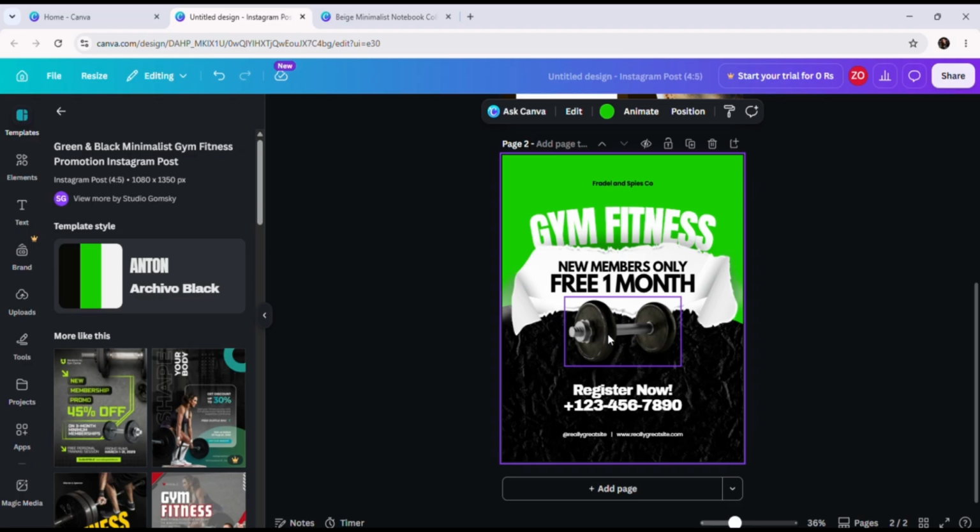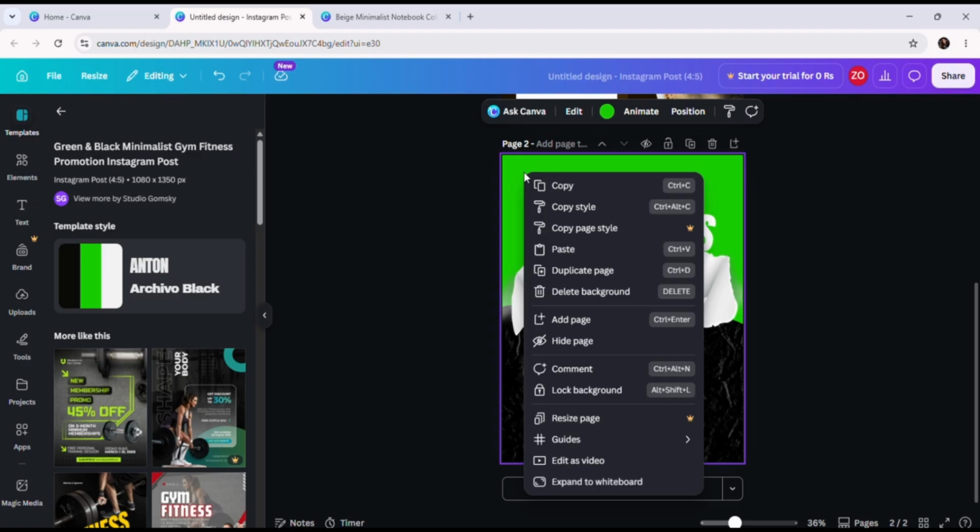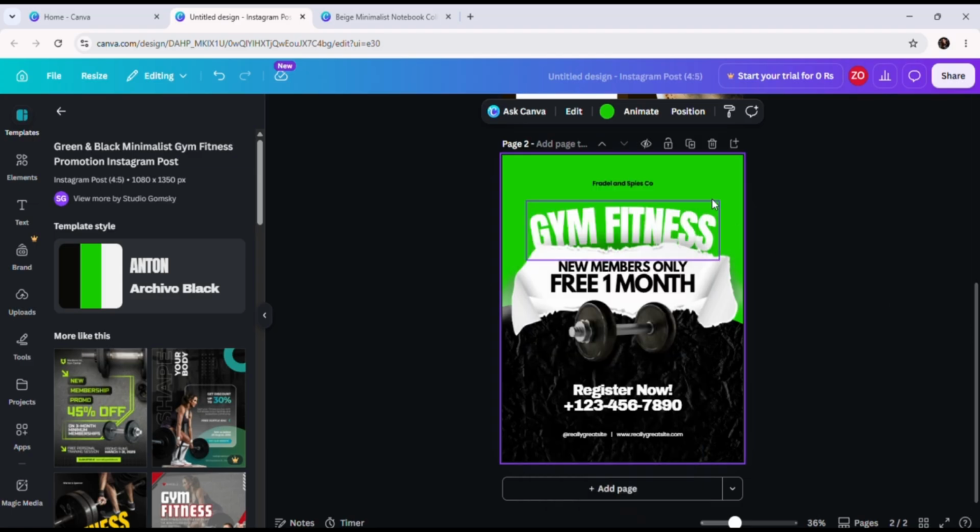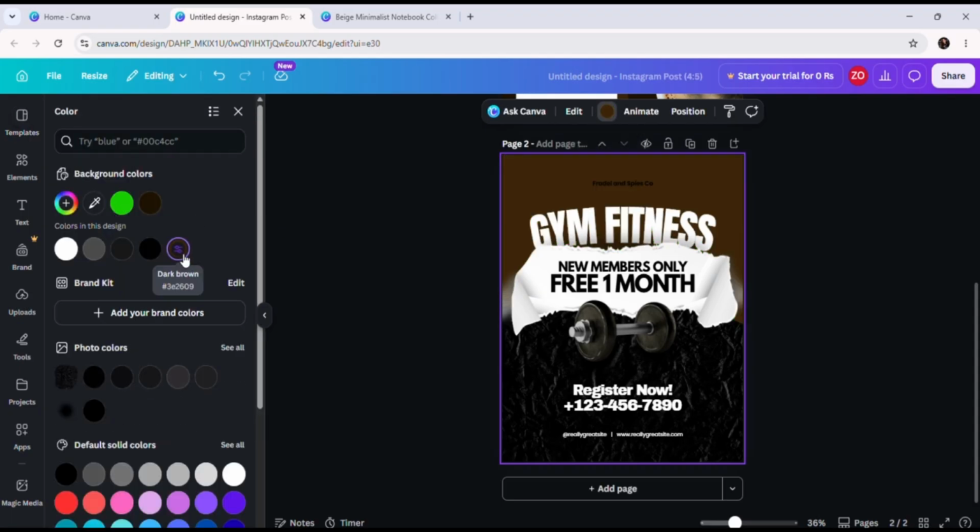Now point number 4 is using template filters. Canva shows thousands of templates. To narrow down the results, use filters. Filters help you quickly find the perfect template. Some common filters are free templates and pro templates, like see, this is a pro template and this is a free template. Style, like green, select this color and change the color. Okay, you can change the style